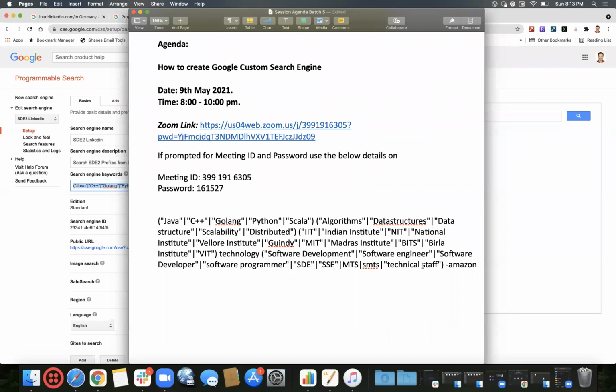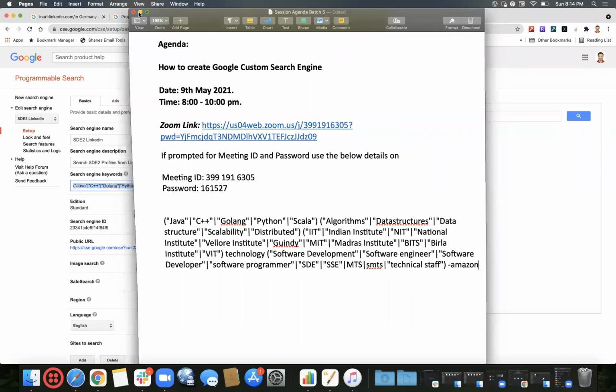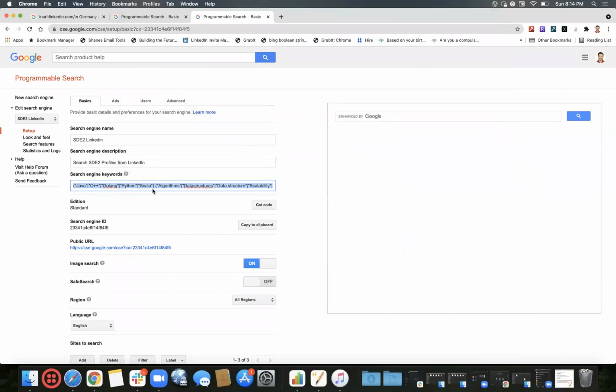But otherwise, these two terms, technical and staff, if I remove them, what I'm trying to express over here is that this particular pattern is not driven by the number of keywords, it is basically driven by the space. We have that much space. Let's say if I remove Indian Institute, instead of that particular institute word, I could also add another word.